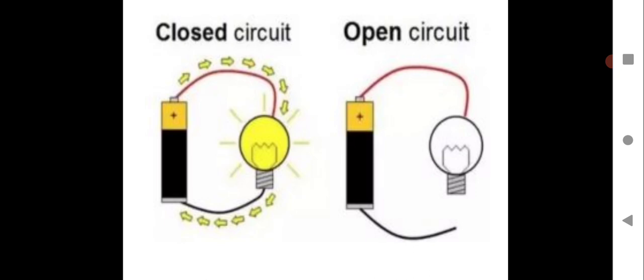So here you just have a look at this closed circuit and open circuit. In the closed circuit, you can see the connection, and you can see the electrical wire connected to a cell, and a bulb you can see getting electric current, and the bulb will glow. When you have an open circuit, you can see this bulb is not glowing. Why? Because you have opened the circuit by removing one of the wires. You are not completing the connection. The circuit is incomplete. Therefore, this is an open circuit and the bulb will not glow because the bulb will not get the electric current.